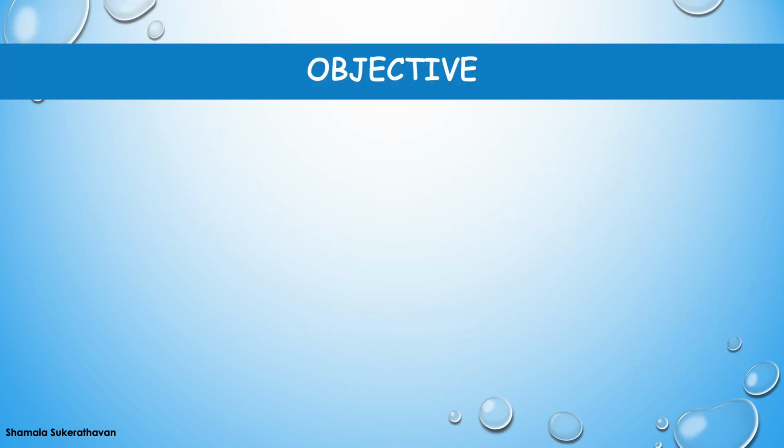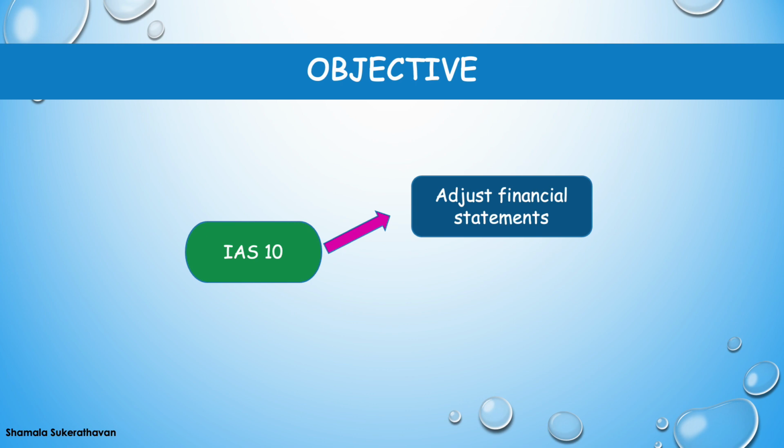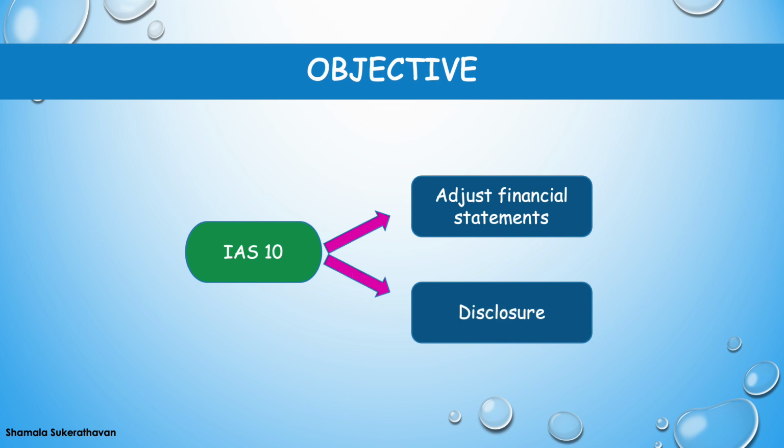The objective of IAS 10 is to prescribe 1. When an entity should adjust its financial statements for events after the reporting period, and 2. The relevant disclosures an entity should provide about the date the financial statements are authorized for issue and the events